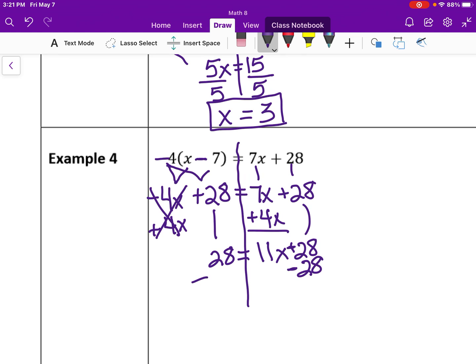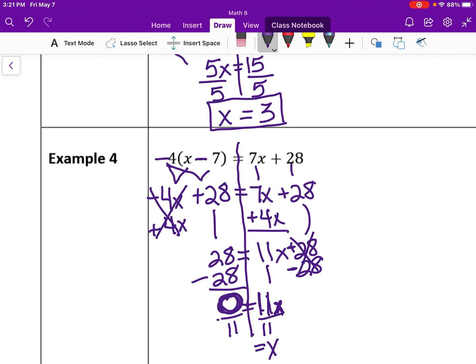to this side. Minus 28 to this side, cancels out. I have 11x equals 0. Now some people think, oh, no solution or all real numbers, but no, we have 11x equals 0. Our variable hasn't canceled out yet, so now what we do is divide both sides by 11, and x equals,